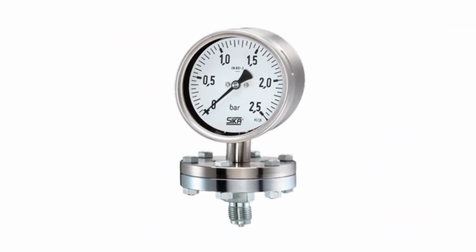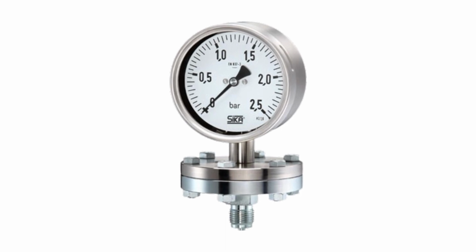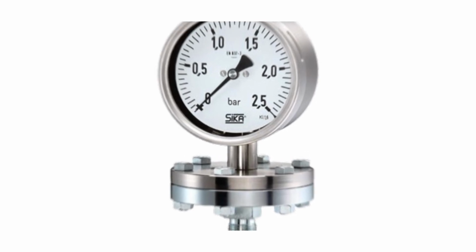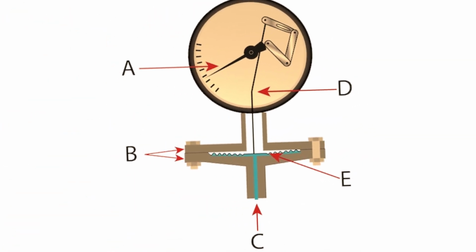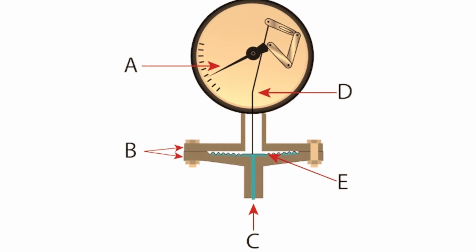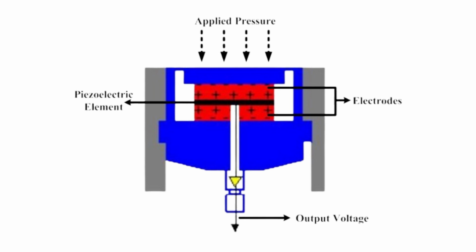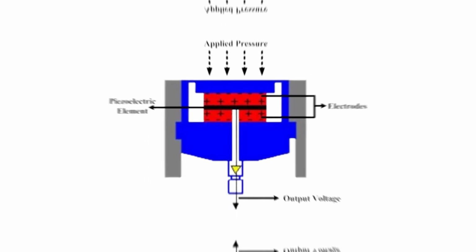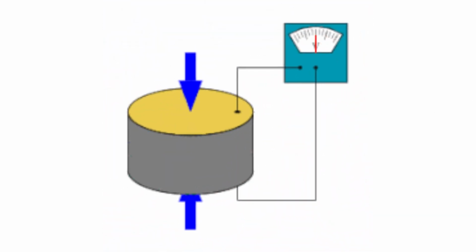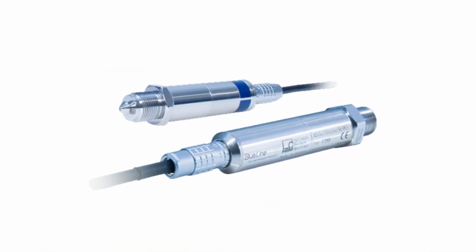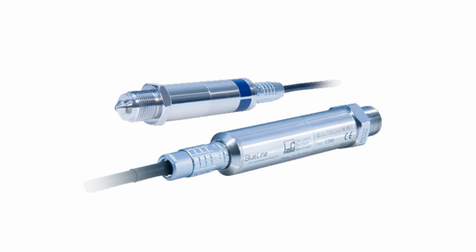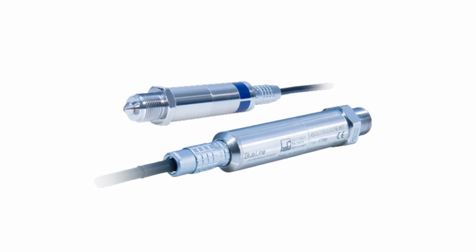3. Diaphragm pressure gauges. These gauges use a flexible diaphragm that deforms under pressure, often connected to a mechanism that translates the deformation into a pressure reading. 4. Piezoelectric sensors. These sensors generate an electrical charge when subjected to mechanical stress, which can be calibrated to measure pressure accurately. 5. Strain gauge pressure transducers. These devices use the deformation of materials like metal foil under pressure to measure the strain and, consequently, the